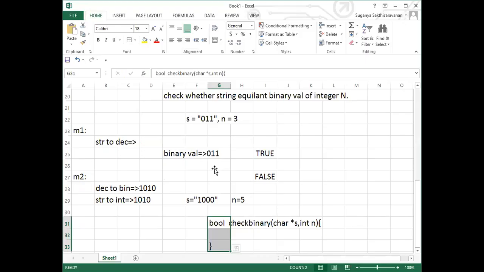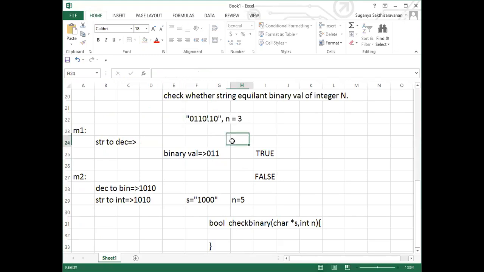The remaining part of the question is, you will be given an S value, right? This S is not exactly an N value. This S value might have some additional characters also, like this. For example, if the S value is given like 1, 1, 1, what is triple 1?